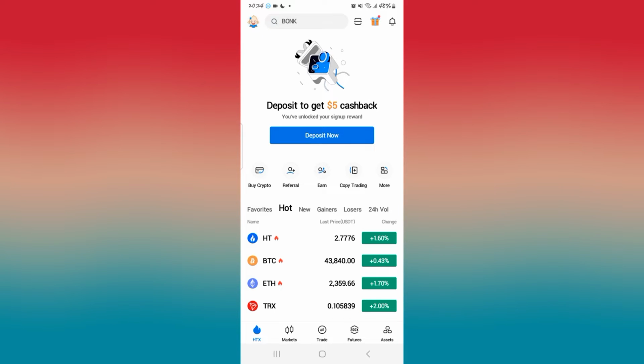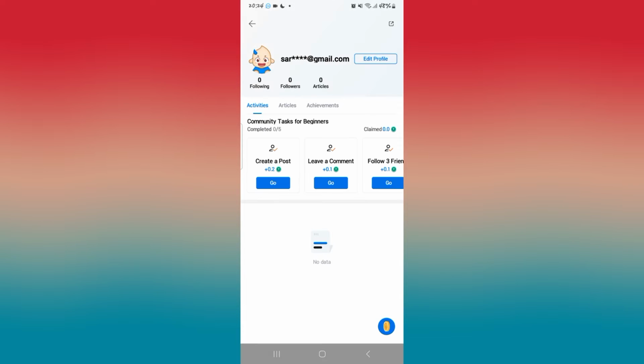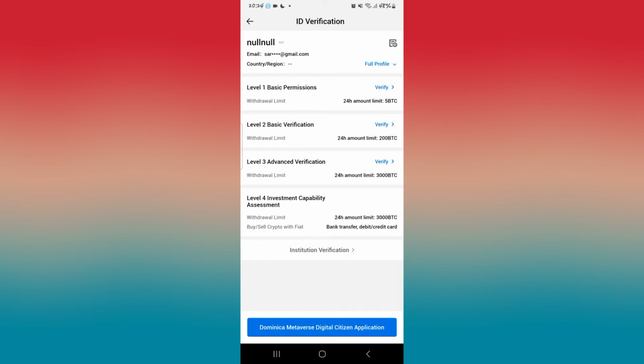if you wish to verify your account, you can tap on your account icon at the top left corner. Now, from your account icon, tap on your profile and you will find the Edit Profile button. Go ahead and tap on Edit Profile, and now you will find the option for identity verification. Go ahead and tap on ID verification and you will now be taken into the process of verifying your Huobi